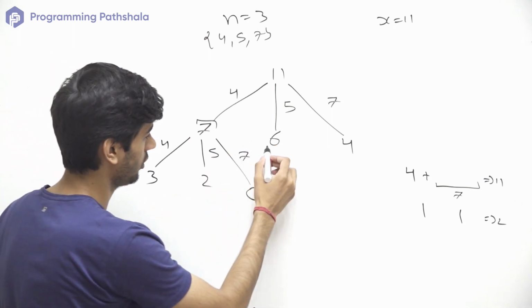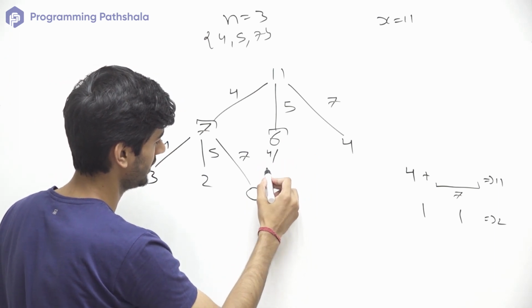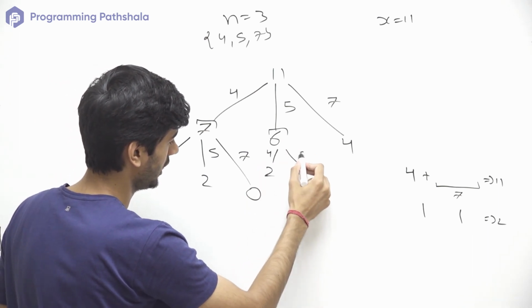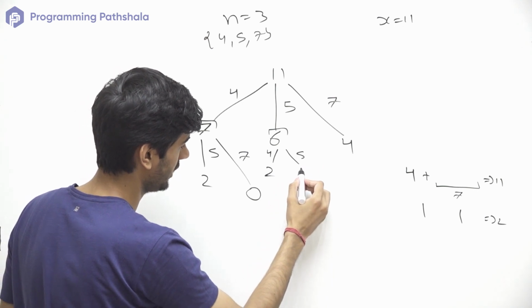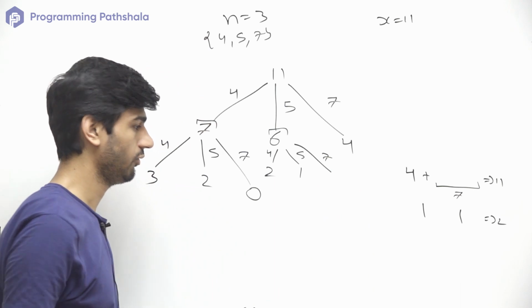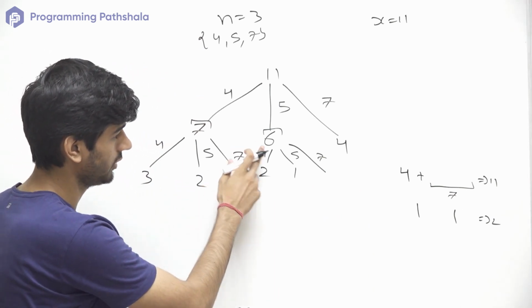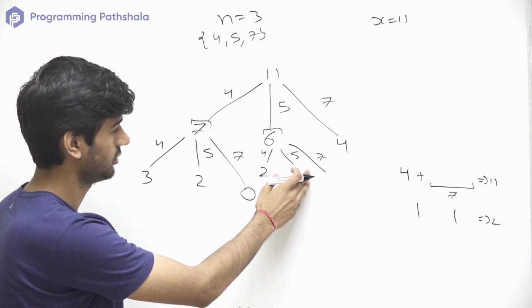So if we talk about this 6, then again we have 3 possibilities. We can pick a coin with value 4. In that case the remaining value will be 2. If we pick a coin with value 5, in that case the remaining value will be 1. And if we pick a coin with value 7, then what will happen? See, we wanted a sum of 6, but we got a coin with value 7, which is greater than